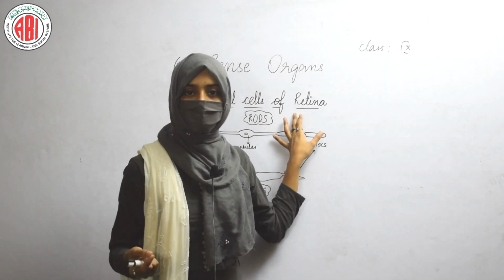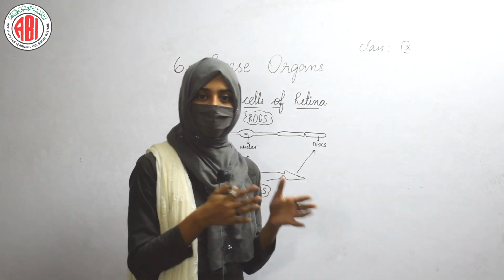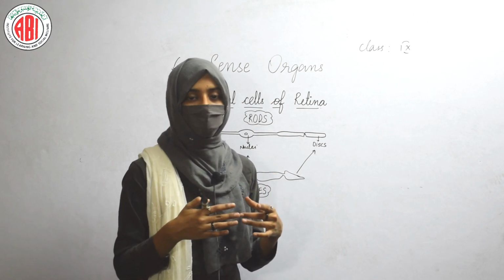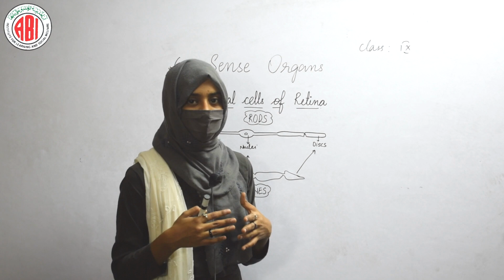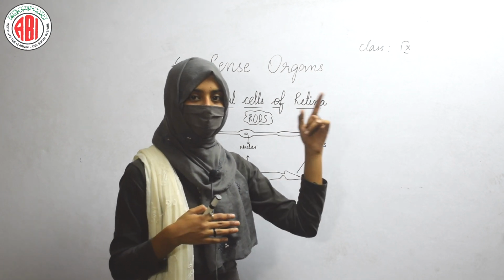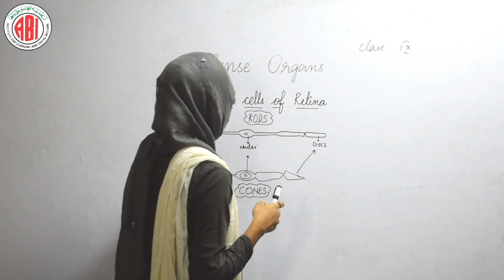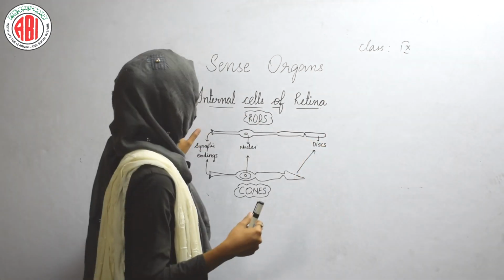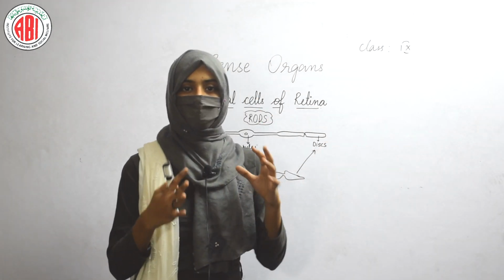The retina is a layer where light is sensed. That means the light which falls on the retina is sensed and converted into nerve impulses, and after the conversion of light rays into nerve impulses, they are sent to the brain. In this way, the retina plays a very important role in capturing and forming an image in our brain. So how does this work? What helps the retina to capture the image?